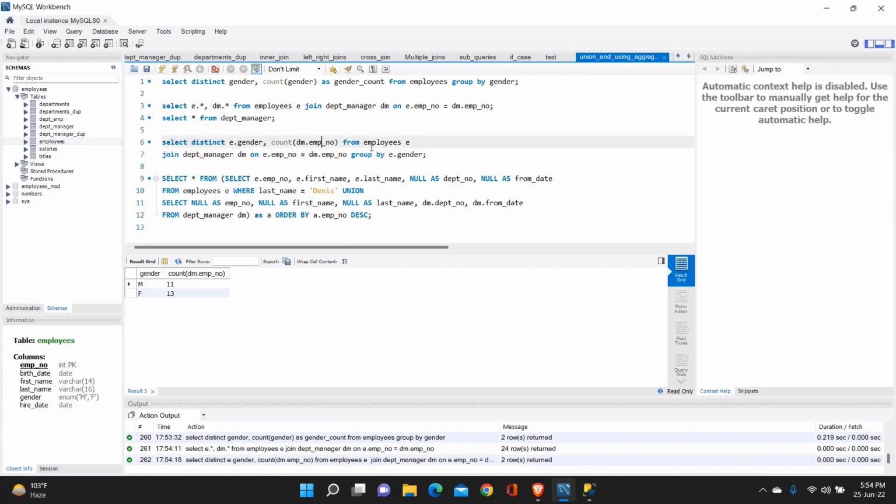So that is why in the department managers we have 11 male candidates and 13 female candidates. So total we have 24. So 11 are male and 13 are females in the department managers table. So these are all the managers. Okay, now we have,